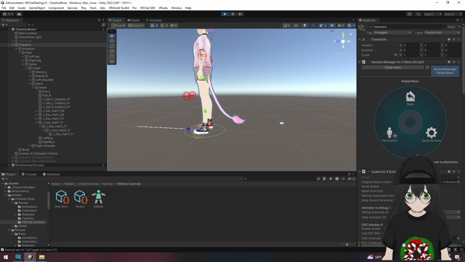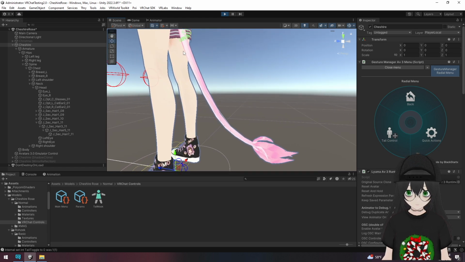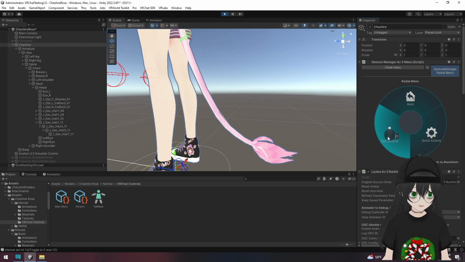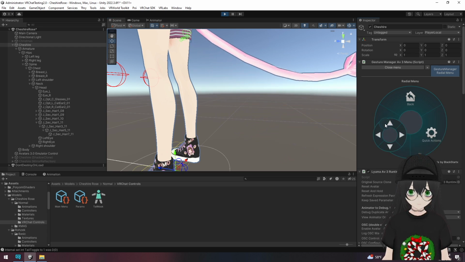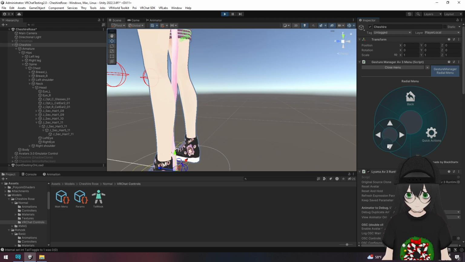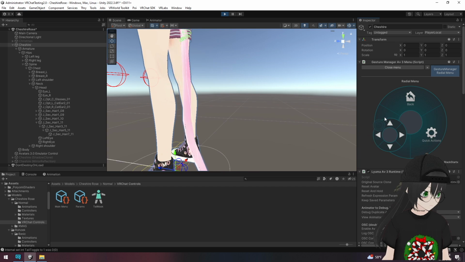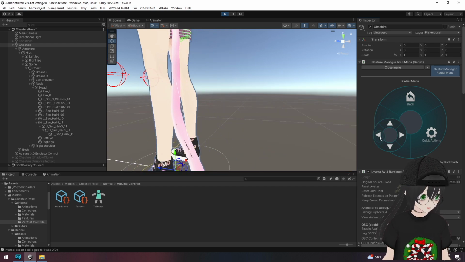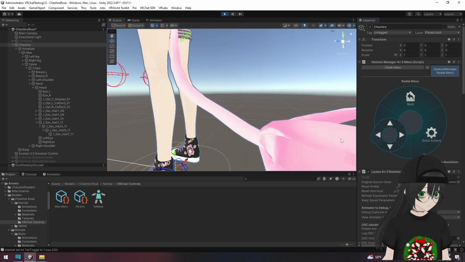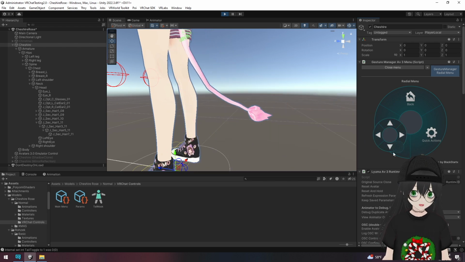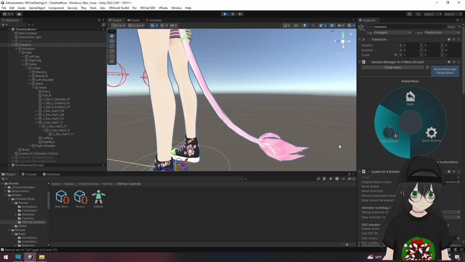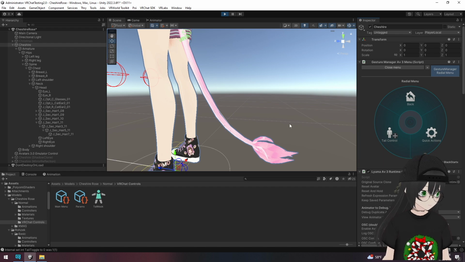Now you'll notice I did cut out some of the bones when I was optimizing this model, so there are sometimes where it looks like it bends a little weirdly. The more bones you have, the less weird that bend will be. But you'll be able to freely control your tail, or click off and just let the physics of VRChat take